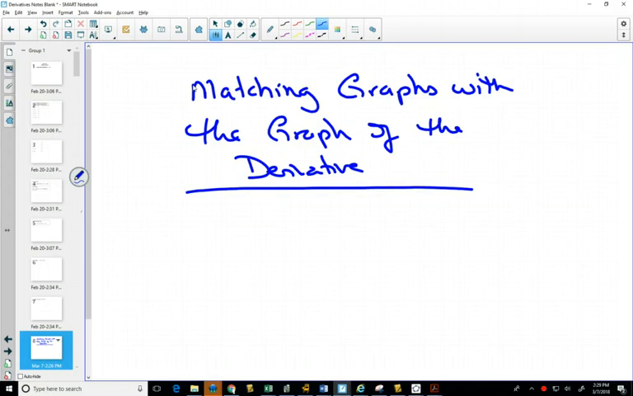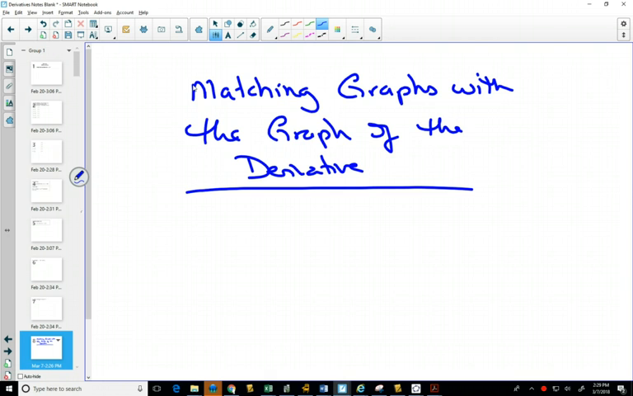So one of the things that comes up on some of the reviews that I'm going to give you, and I think I have some questions that are similar to this on your test next week, is how do you match the graph? If you have the graph of something, how do you match it with the derivative graph? So one of the things that is key for matching a graph and its derivative graph is to understand what